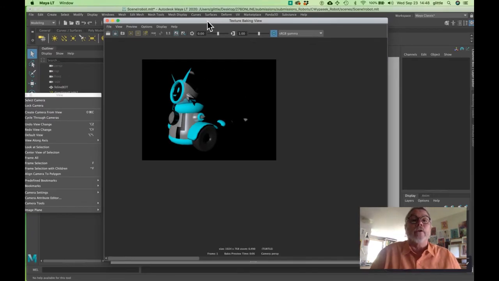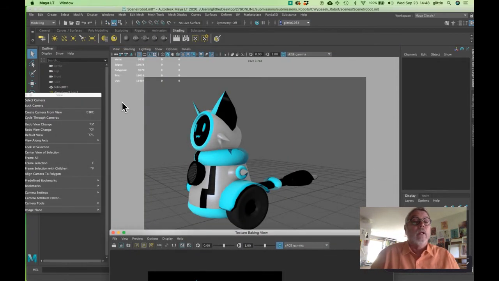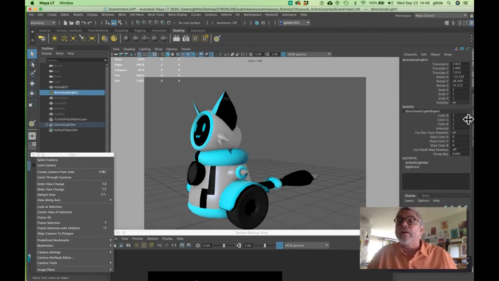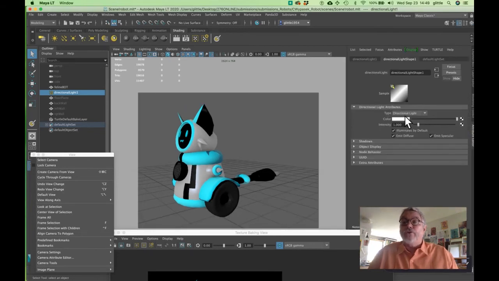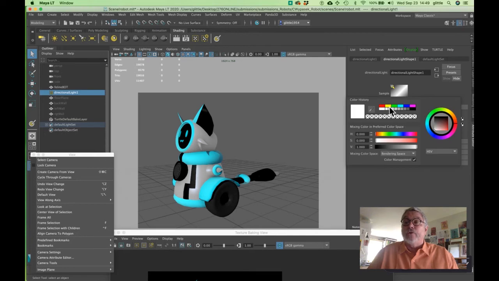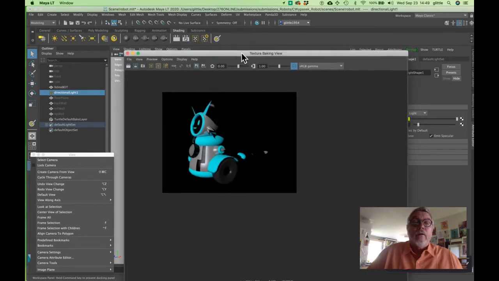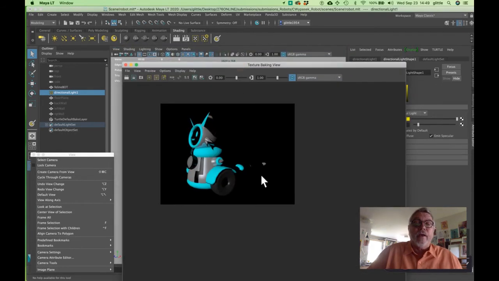Another thing I wanted to show you here, let me go back to here, and let me choose my light over here, directional light, and grab the attribute editor. And I'm going to just change the color of the light just to show you something. So I'm going to make the light yellow. Okay, and then I'm going to go back here. And let's say I don't want to, why is that small? Oh well, whatever. Let's say I don't want to